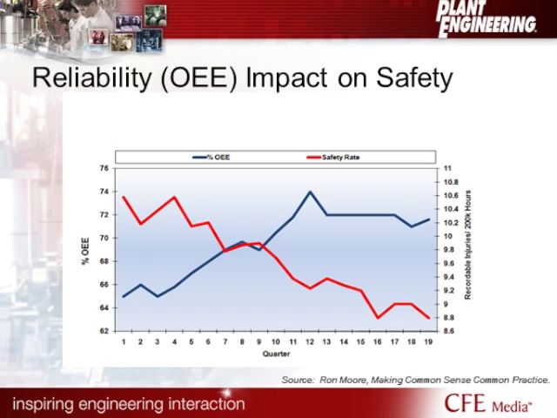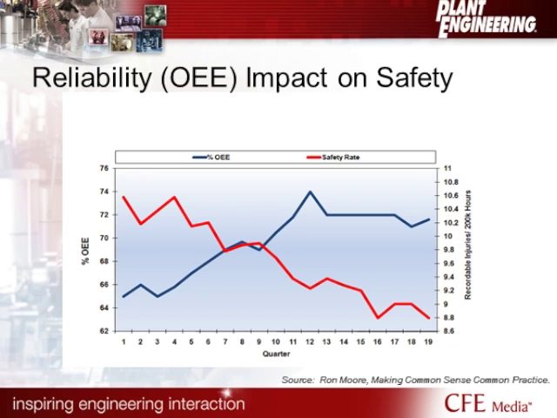The simple fact is they improved the reliability of their assets. By improving the reliability of their assets, which led to higher overall equipment effectiveness, they were making less emergent repairs, they were planning and scheduling more jobs, and they removed a lot of that safety risk. So you can begin to see that in that graphic. It's pretty obvious as you look through that, pretty impressive. And Ron does a little more of an expansion on it in his book, and I definitely would recommend you guys check that out.